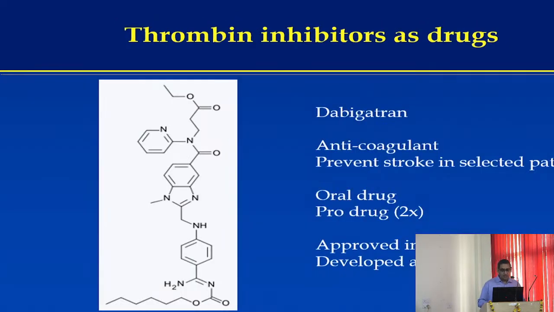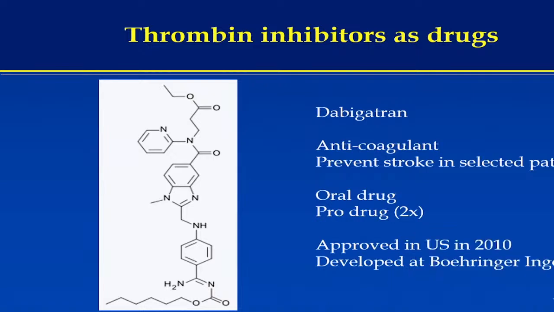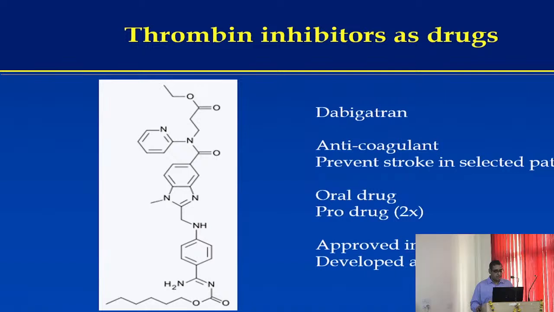And this is about the thrombin inhibitors as drugs which are used. I am telling a few examples, please note it down. That is dabigatran, an anticoagulant which is provided to prevent stroke. Okay, you know there are a lot of stroke cases, so this is very common. Then the oral drug which is in the market, that is the prodrug, and it was approved in the US in 2010, developed by Boehringer, where Professor Tong also worked in the earlier days, and this drug has been available in the market since long. So you also see what is the possibility of reducing the cost of the drug